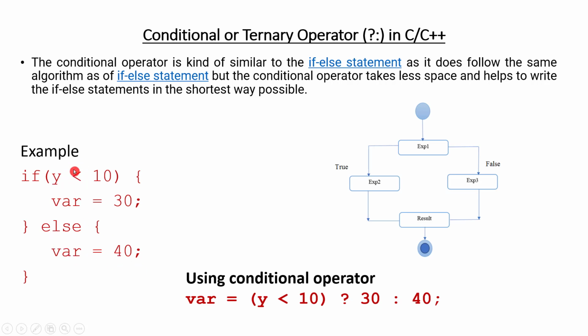This four line statement can be replaced by a single line statement like this, where var is equal to, in brackets, y less than 10, then 30 or 40. So var is equal to this condition will be executed. If it is correct, then first value 30, if wrong, 40. So we can replace it with a conditional or